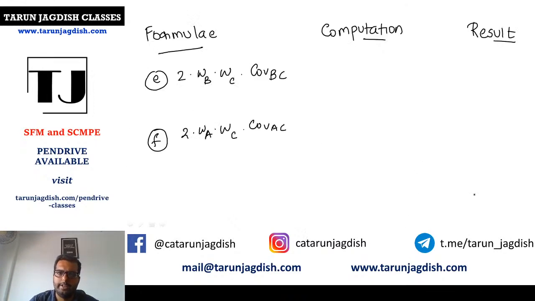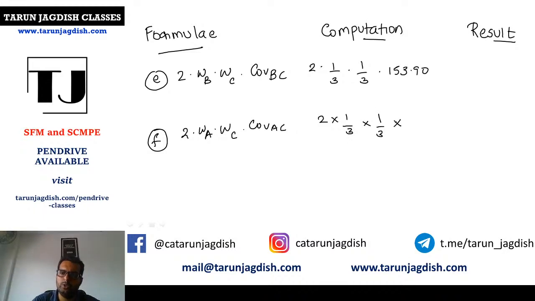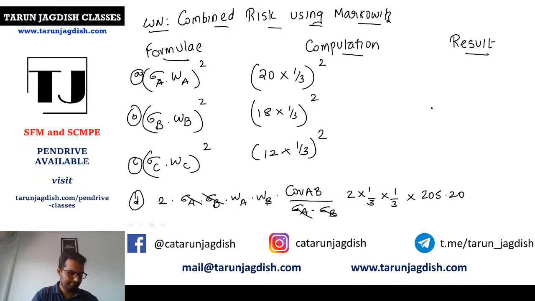Okay. Next one 2 into 1 by 3 into 1 by 3 into covariance BC is 153.9. 2 into 1 by 3 into 1 by 3 into 108. So my answers will now be